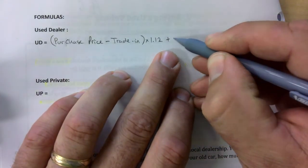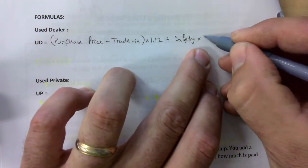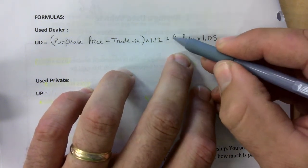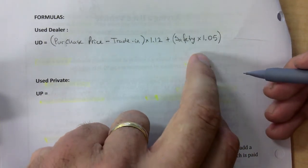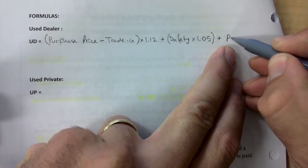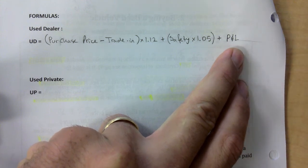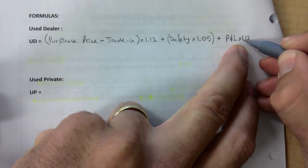You would add the safety, and the safety only gets taxed 5%, the GST only. And I will put that in brackets like that. Followed by parts and labor. So they will talk about hours that the mechanics work on your car and how much they charge per hour, all of that. And that is taxed 12%, so it's times 1.12